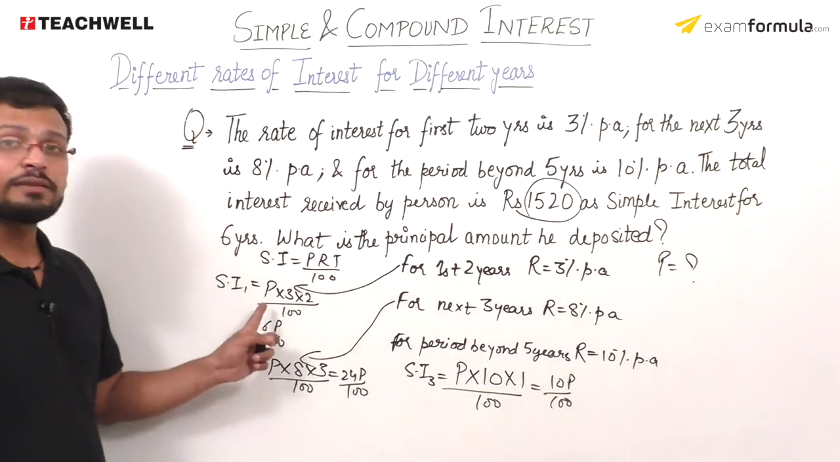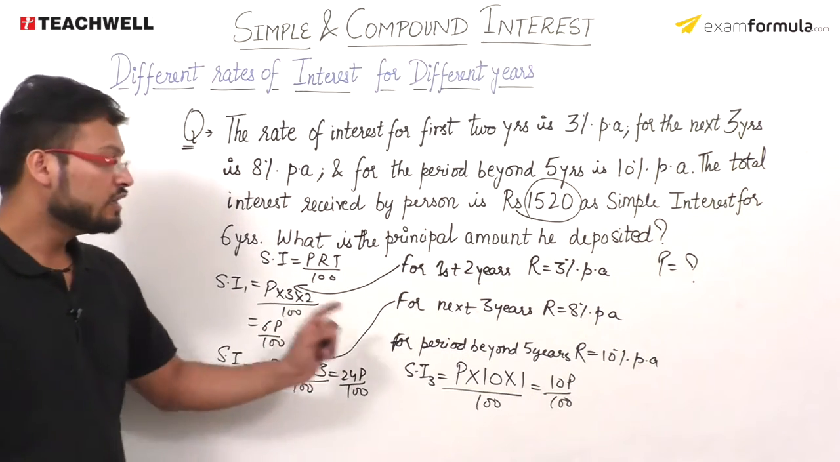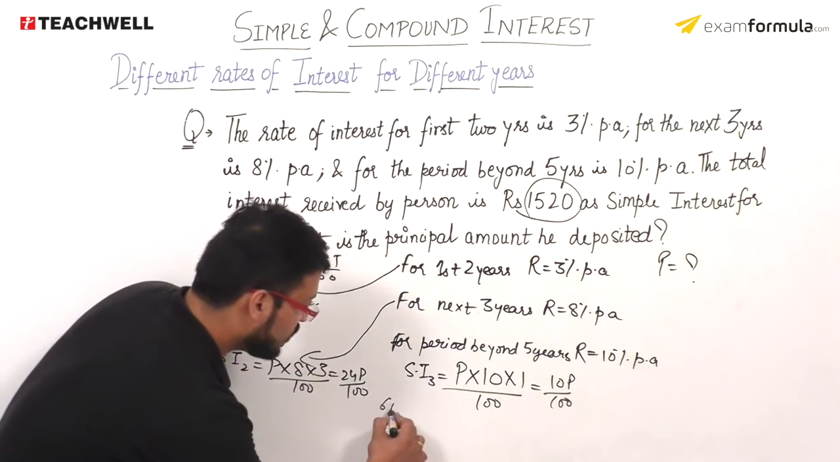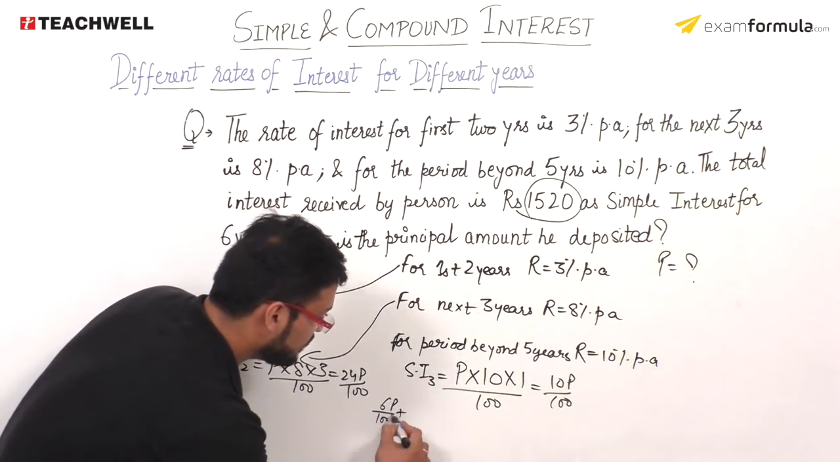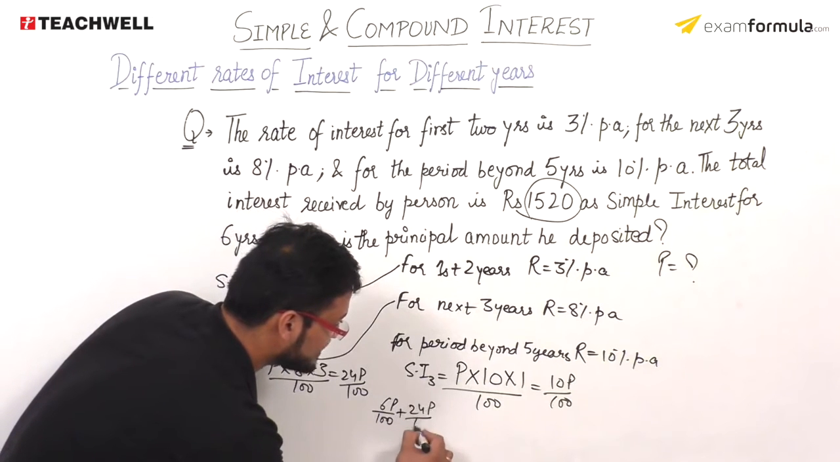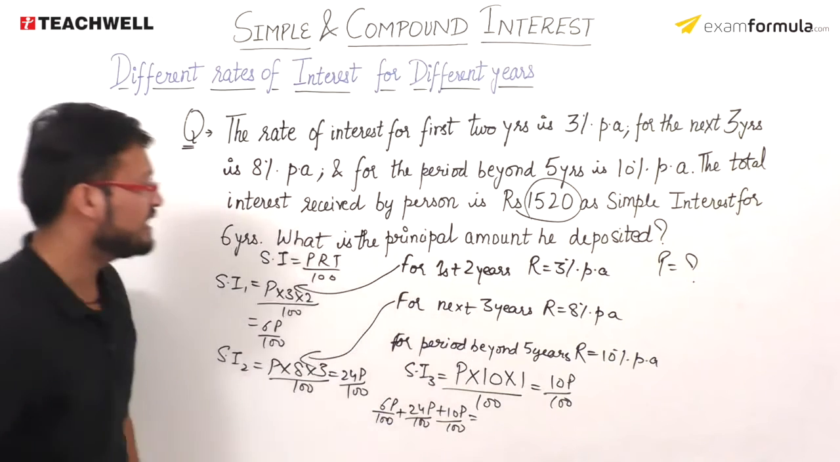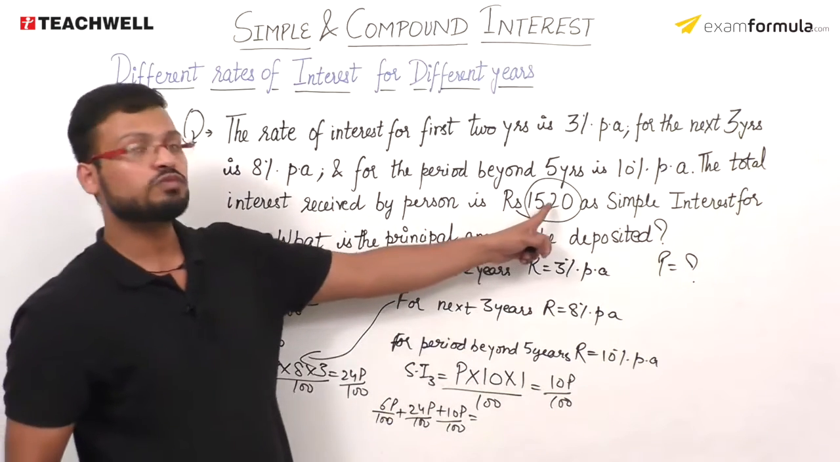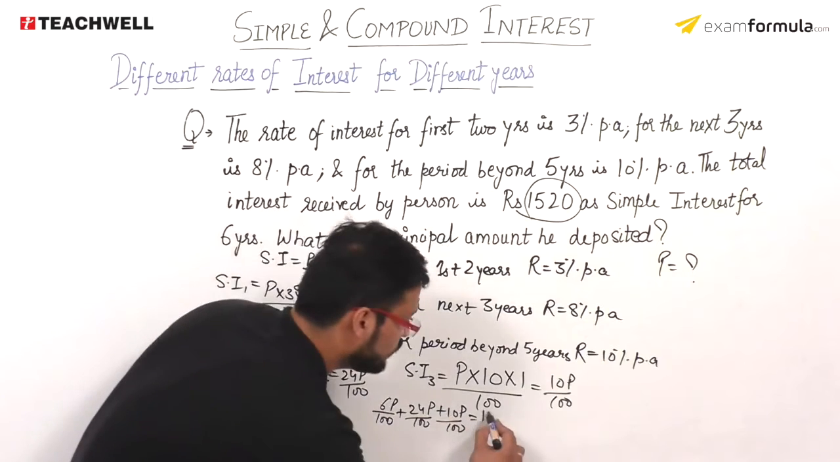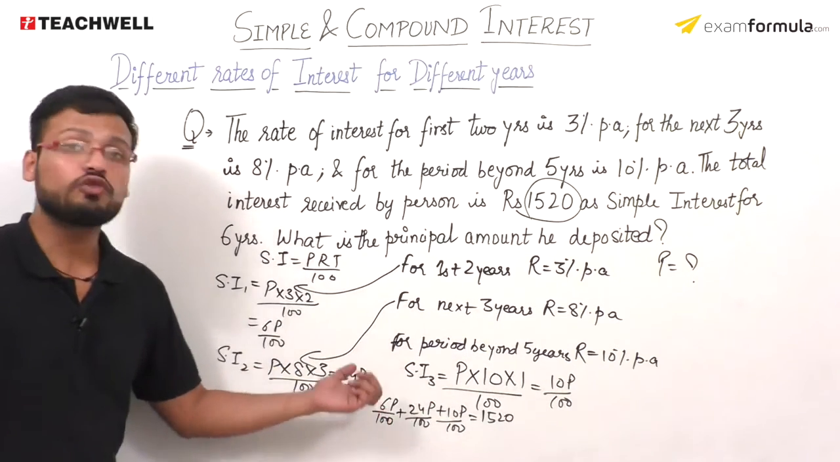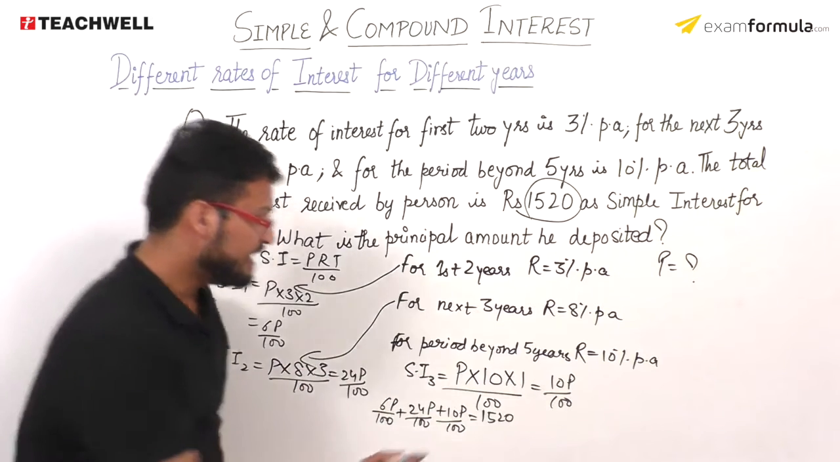It will be SI1 plus SI2 plus SI3, so the value will be equivalent to, so it comes out to be 6P upon 100 plus 24P upon 100 plus 10P upon 100, और उसकी वैल्यू मुझे स्पेशली गिवन है, इट हैज बीन गिवन टू मी एज rupees 1520, so this is equal to 1520। You can easily solve this equation to find the value of the P। This is 30P upon 100